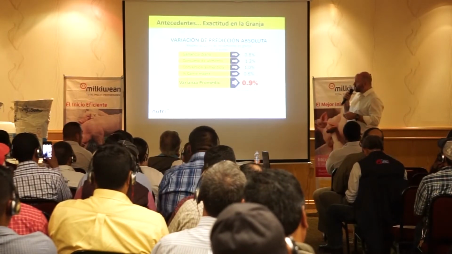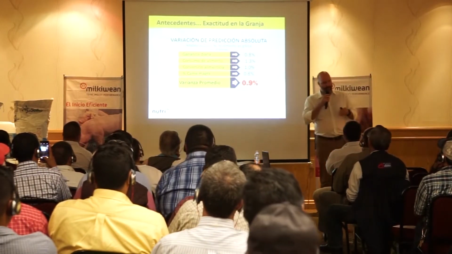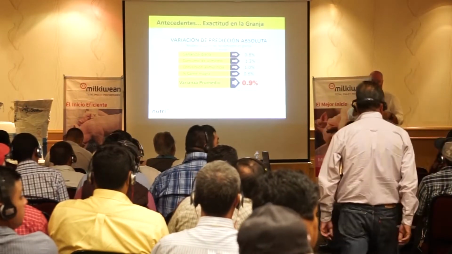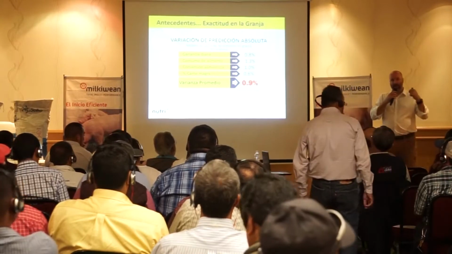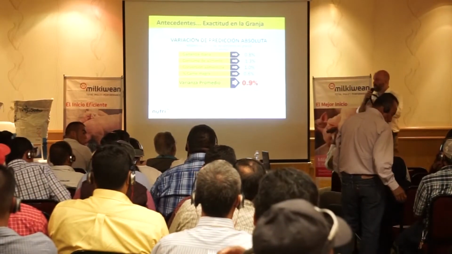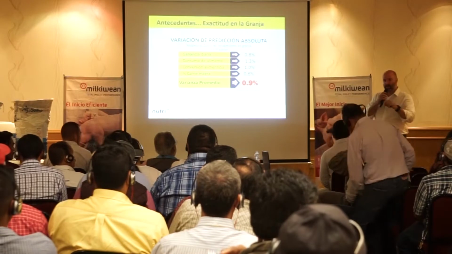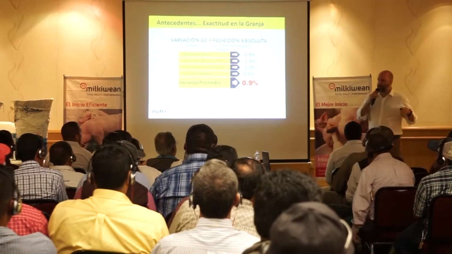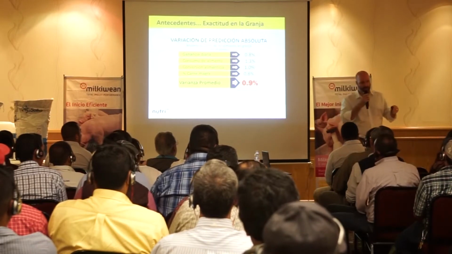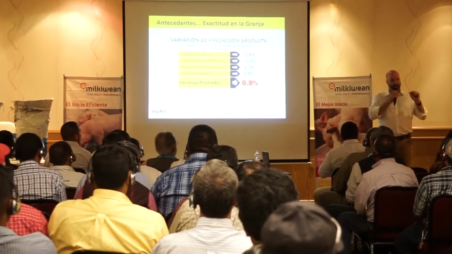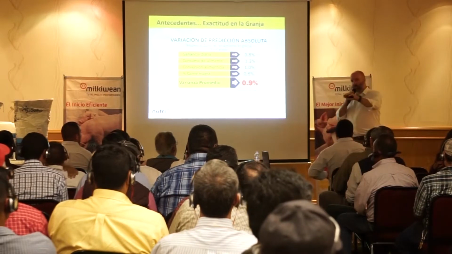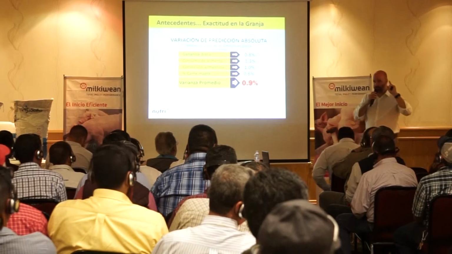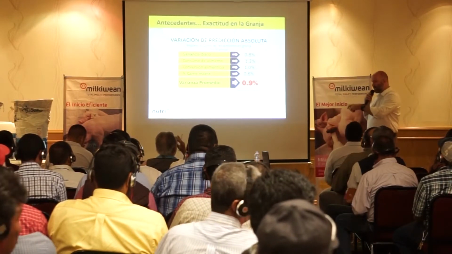you can see here we took 90 different outcomes, and a master's student in Holland actually analyzed the data and found that with reliable data inputs and a very good user of the model, we can be less than 1% different from reality. We can have less than 1% variation. So the model has a very strong ability to predict exactly what's going on within the barns, as long as we have the right information to put in and a very knowledgeable user who is analyzing the results.